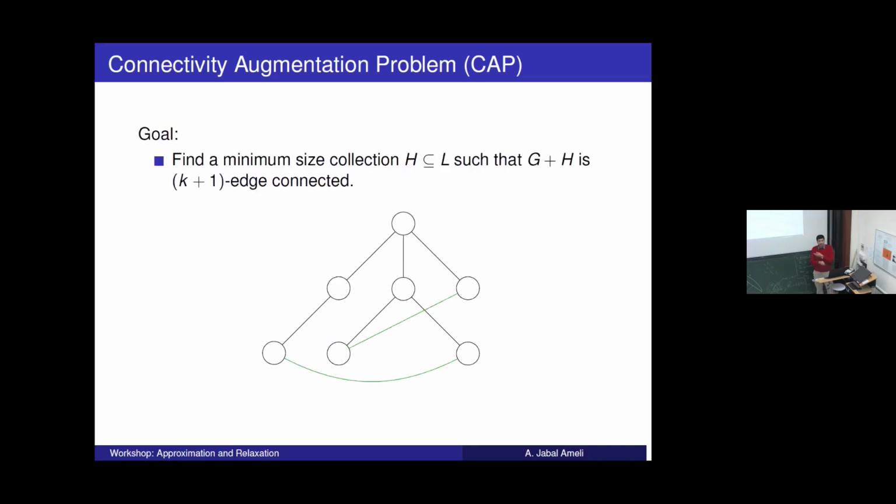And the goal is to find a minimum collection of links such that if you add them to the graph G, G becomes k plus 1 edge connected. So in a way, we want to augment the edge connectivity of the graph. For instance, in this input, it turns out that adding only these 2 green edges is sufficient to make